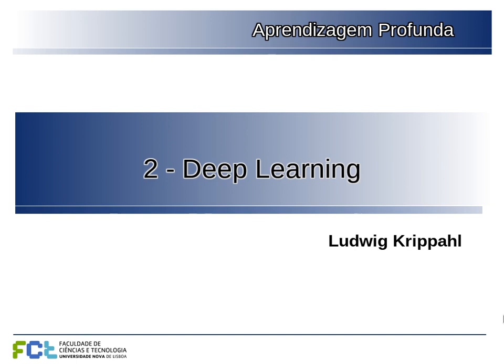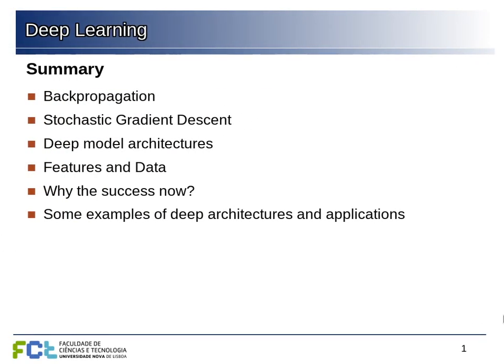So now I'm going to talk a bit in more detail about how deep learning works and try to justify those promises I made earlier. I'm going to start by explaining backpropagation. This is, for most of you, a review because we saw this briefly in machine learning last semester, but then talk a bit more about stochastic gradient descent and look at the different kinds of models that we can create